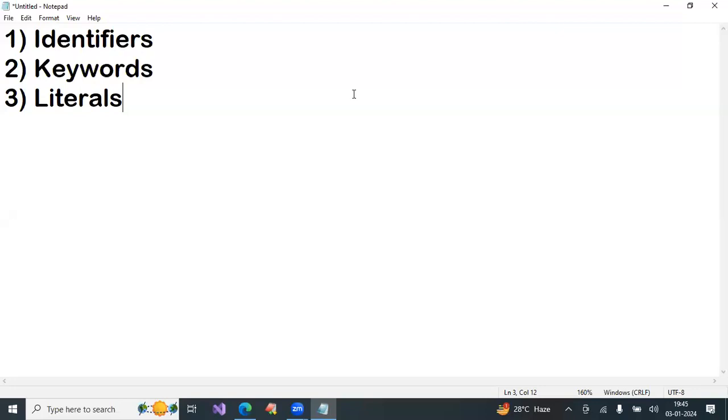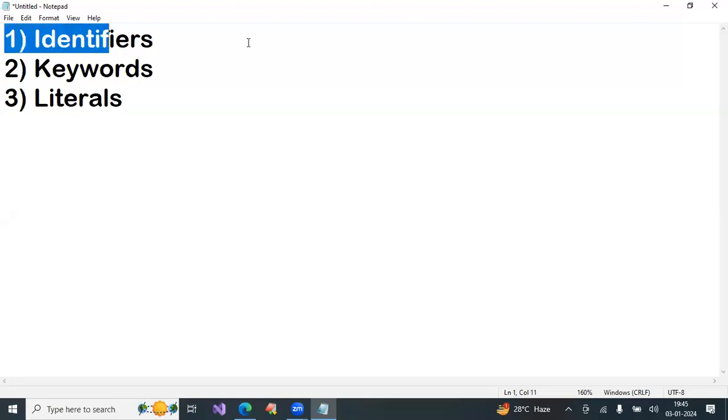How many symbols can we use? Only two: underscore, dollar. Can I use space? No. White space characters are not allowed: space bar, tab, enter key.